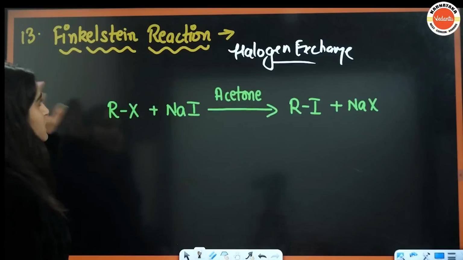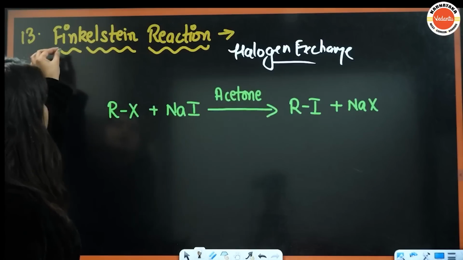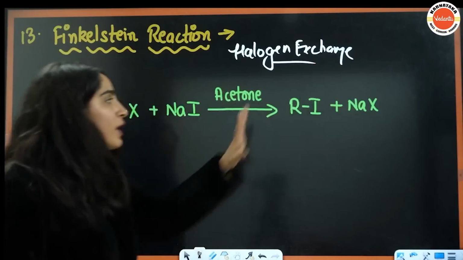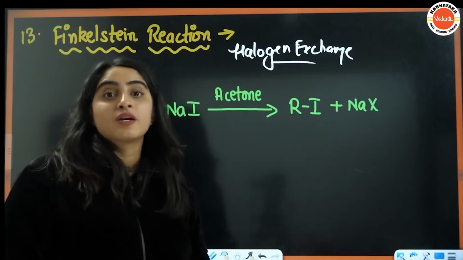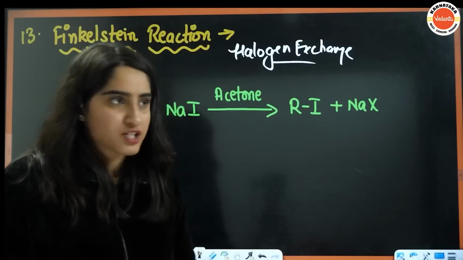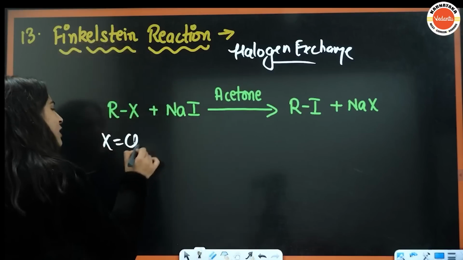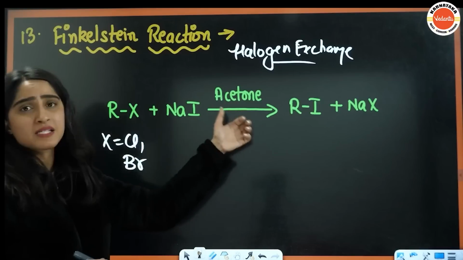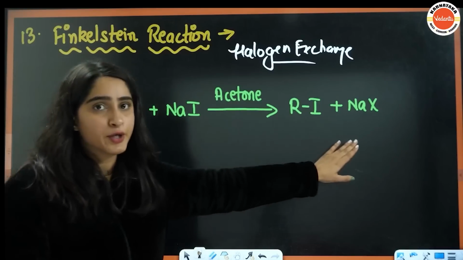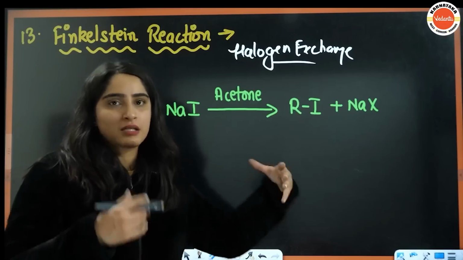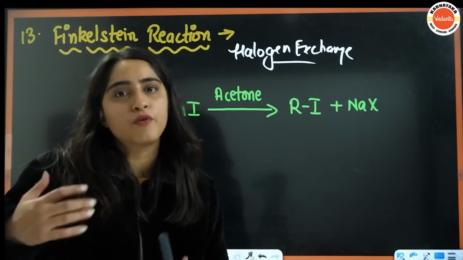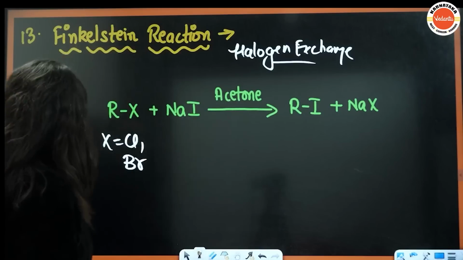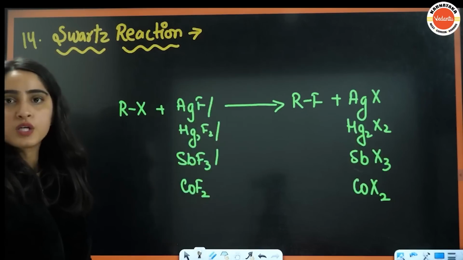Okay, so now this is a quick revision. This is the Finkelstein reaction. This is a halogen exchange reaction, right? The Finkelstein reaction and Swarts reaction are actually halogen exchange reactions. So this halogen can be chlorine or bromine. Here we have used NaI in presence of acetone, and this is getting converted into RI. Because this is a reversible reaction if you are using standard methods, that is why this particular reaction is used this way, right?